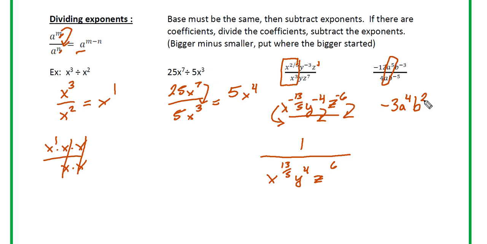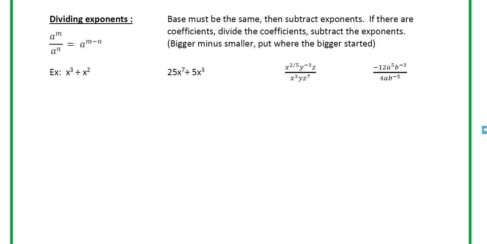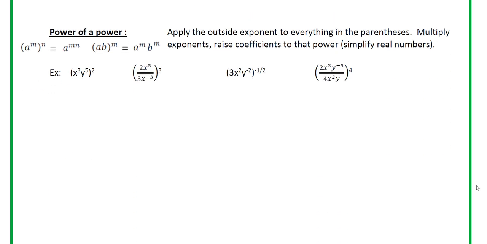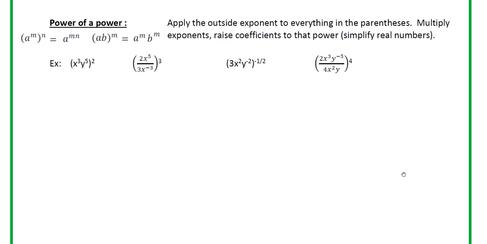All right, folks. The last set of rules here is our power of a power rule. In the power of a power rule, we're taking one power to another power. So when we're taking one power to another power,